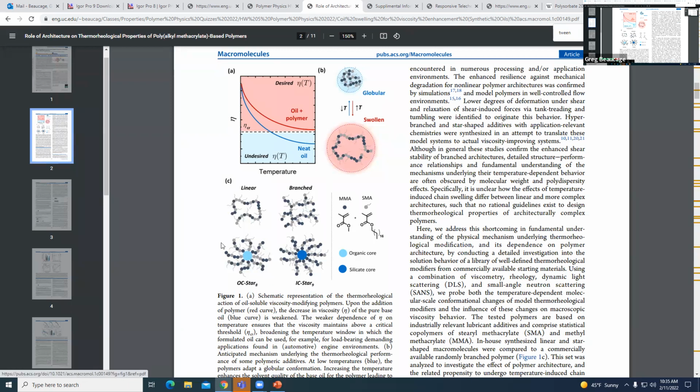Like a 4-arm star is kind of okay, a 3 arm's okay, but once you get to a lot of arms, it becomes something a lot more like a dendrimer or something. So there's a lot of flavors of this kind of thing, because you can do easy, simple, kind of idiot chemistry in this stuff. So you can take